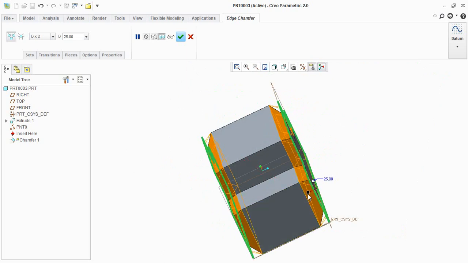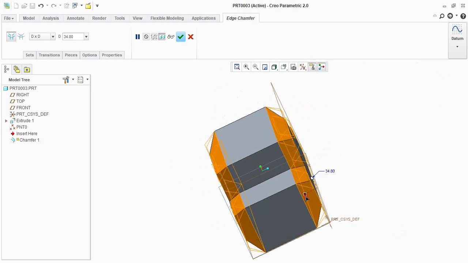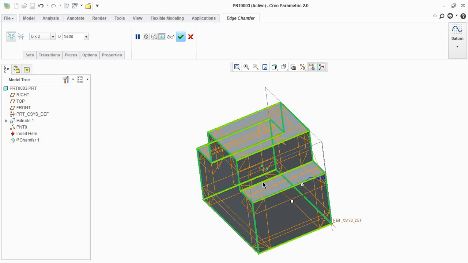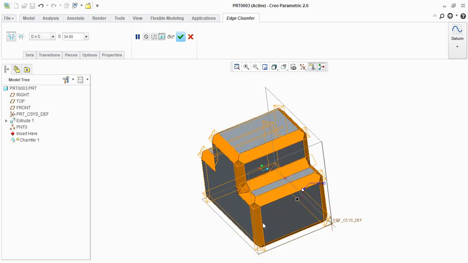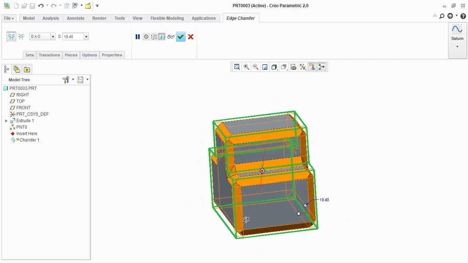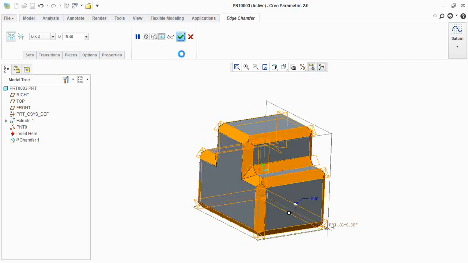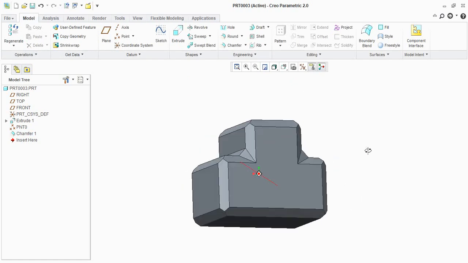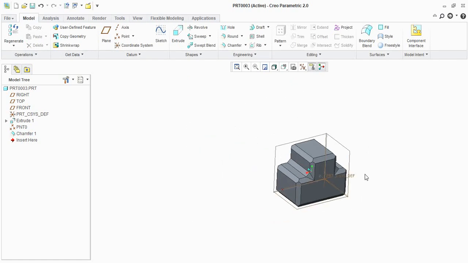You can see here, if you change the dimension for this one edge, all the corner edges will be changed. Again if you need to include these corner edges also, you can click control. Place your cursor on this corner edge, right click, and then left click with your mouse. You can see the difference here. So like this, we can use the chamfer option in a simple manner. This is all about the chamfer option.